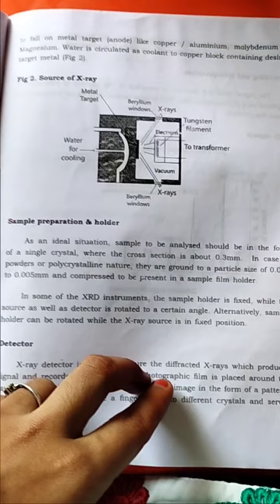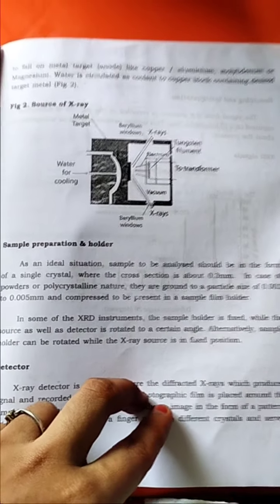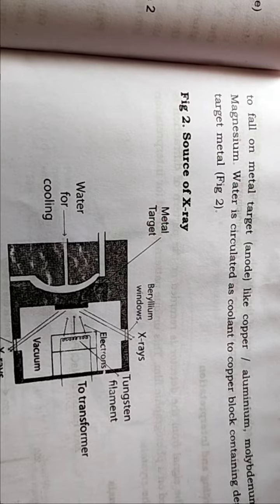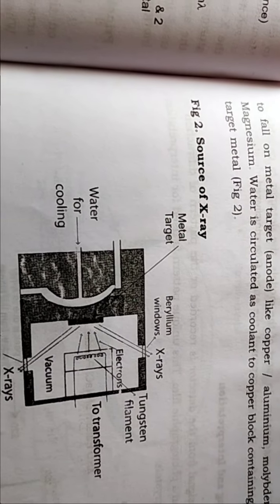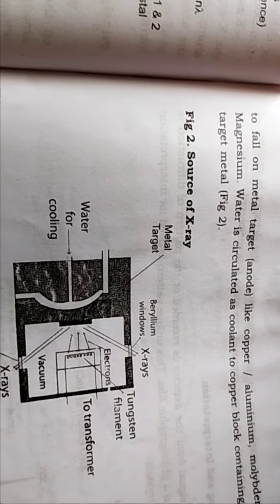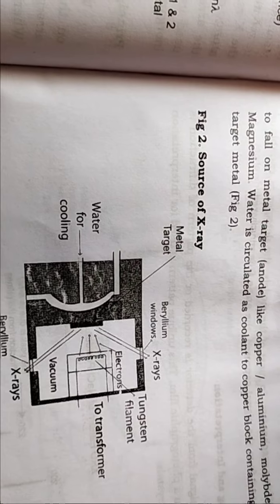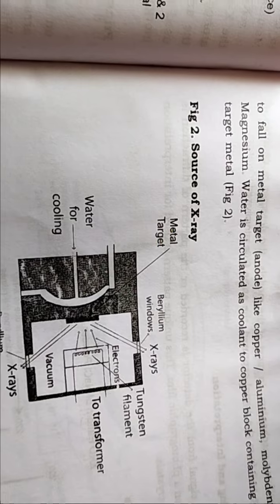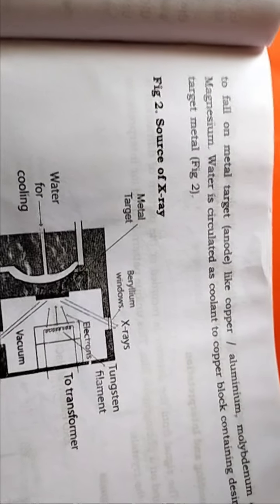How we prepare the sample. Here is the ideal situation we observe. Sample analysis is important here, and the single crystal cross section is 0.3 millimeters. In the case of powders, the ground particle size of the compound is 0.002 to 0.005 millimeters, and it is compressed